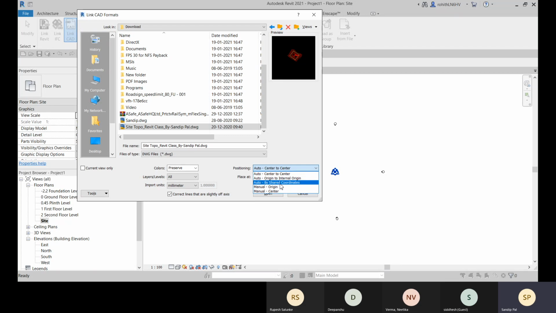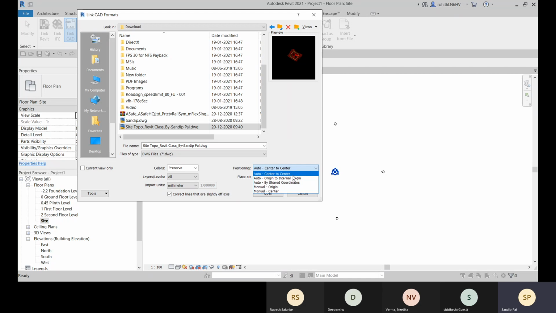Right now I'm not describing this shared coordinates, because you need to know about the survey point and about the coordinates in Revit. After that, I will demonstrate this one, and these are very simple, like center to center. So here you have this center point. Within this screen you see this is the center point generally, and here you have this geometry in CAD.